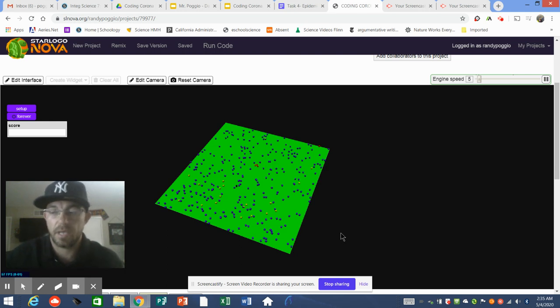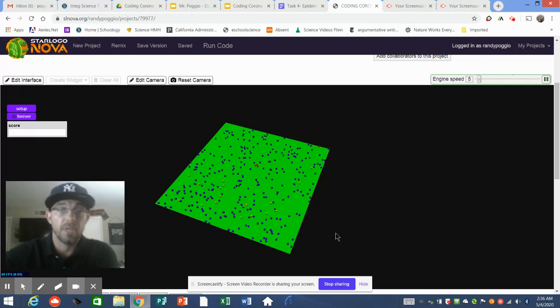All right, this is task number 4 for Coding Corona, which is your epidemic model. This is actually the last project in SLNova that you're going to start for my class, because the next tasks 5 and 6 and even 7 are all based on the same epidemic model. In addition, there's no coding for this task whatsoever. We're just taking colliding turtles, which was task 2, which had to do with those conditionals that we use, those yellow blocks, and applying them to the research that you did in your data dive, which will eventually make our